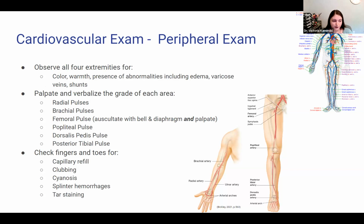With the femoral, you're going to also want to auscultate with the bell and the diaphragm, as well as palpate. Checking the fingers and toes, you're going to visually look: what is the patient's capillary refill? Is there any evidence of clubbing, cyanosis, splinter hemorrhages, and tarring? Those last four are things that we do want to hear when you are performing your examination and visualization of